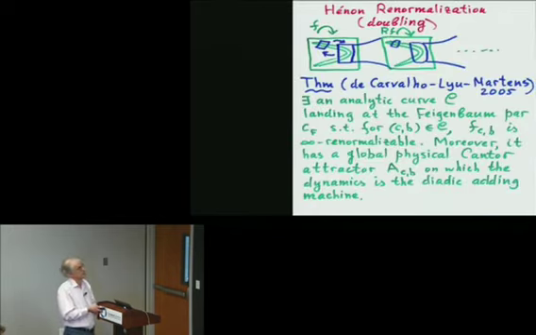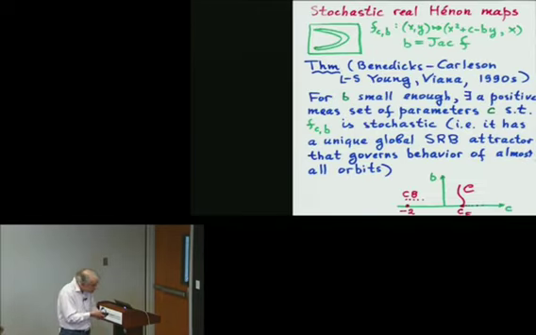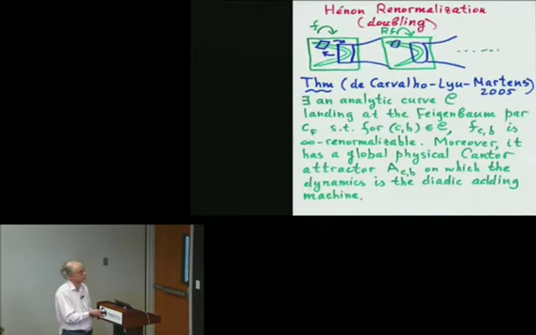And now we have renormalization, which can be defined for Henon maps. We have just two domains which are permuted. And then when we rescale, actually nonlinear rescaling is needed here, we obtain a Henon-like picture again, and then we can continue and continue. What we proved here with our colleagues Marco Martens and Andre de Carvalho, who was also a postdoc here, is that such infinitely renormalizable maps exist, and they fill in this curve C.